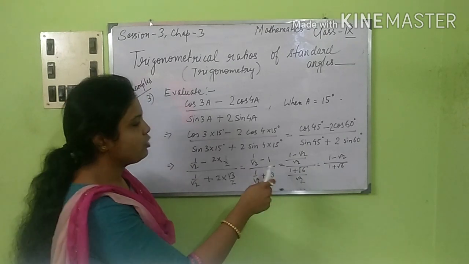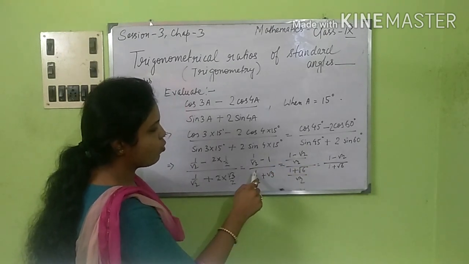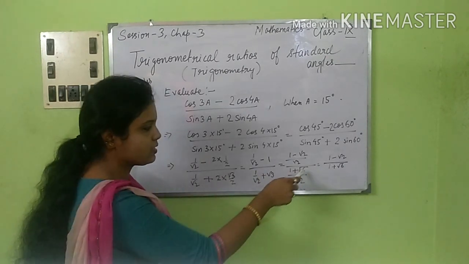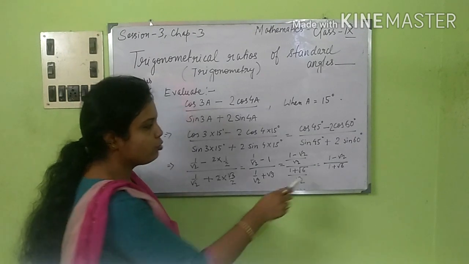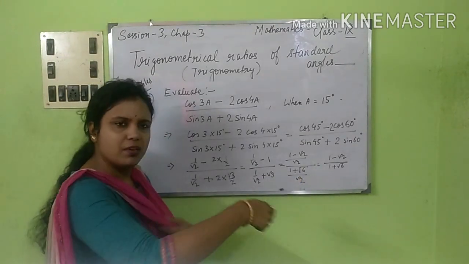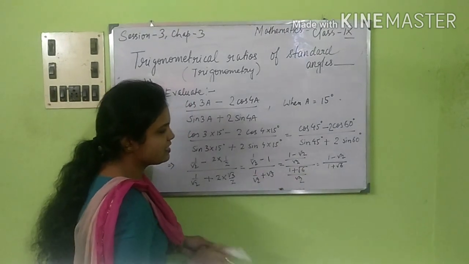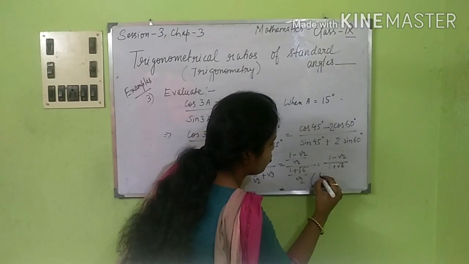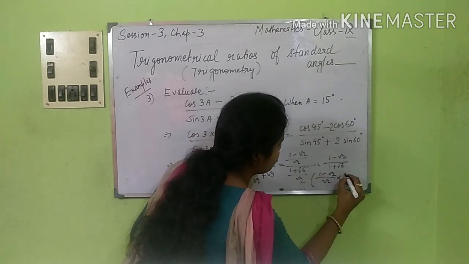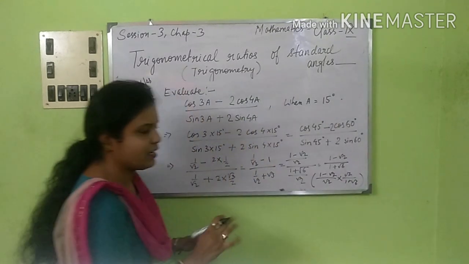Next, simply take the LCM and do. Root 2 is the LCM here. So 1 minus root 2, whole divided by 1 plus root 2 into root 3, will give you root 6 whole divided by root 2. Now root 2 and root 2 will get cancelled. I have skipped one step that I can show you: 1 minus root 2 by root 2 into root 2 by 1 plus root 6. This was the step that I have skipped.